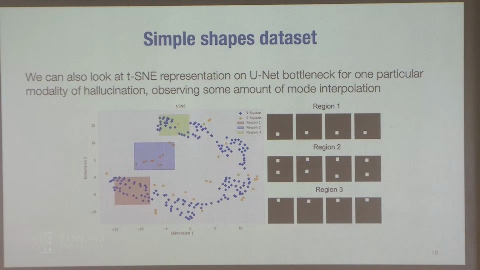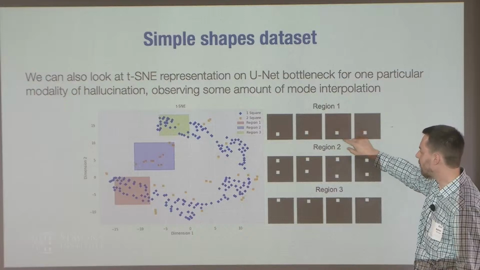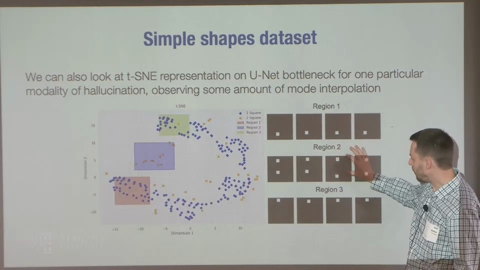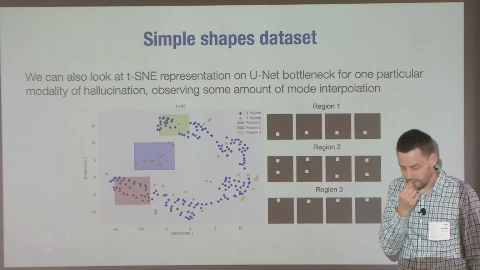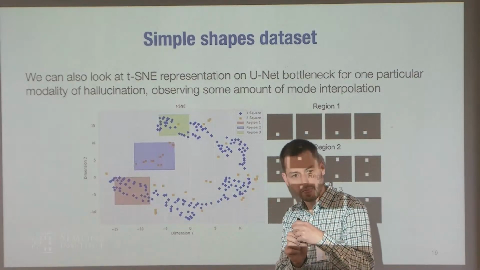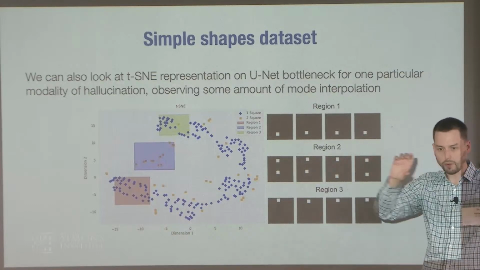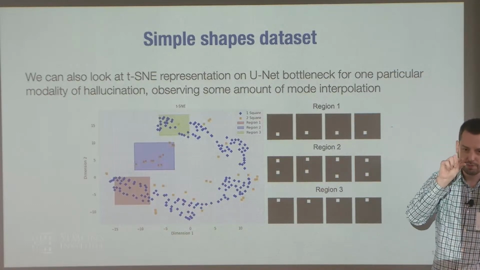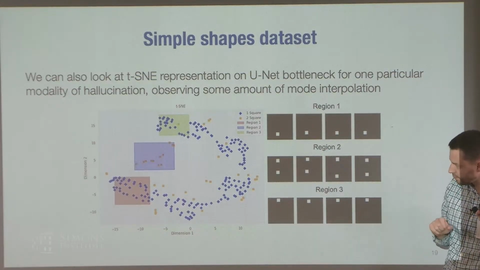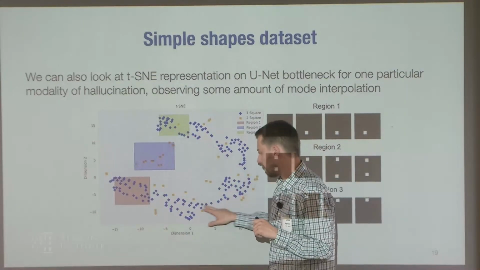So what we also did is we looked in generated images at a particular type of error. This is the error where you sort of have two squares in the middle region that are generated here. And we look now at the two-dimensional embedding of the innermost layer of the UNet during the generation of these examples. UNets have an hourglass-shaped kind of network. You run t-SNE on the intermediate element, or the middle element of the UNet. And you get this. And what I'm showing here is a 2D t-SNE embedding of the entire set of